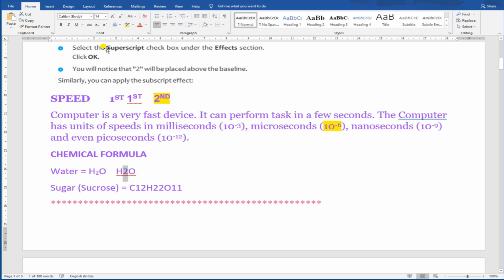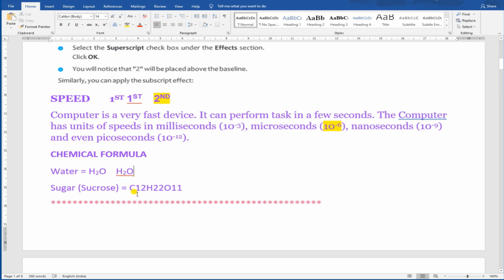Select the particular text and here before this X square you will get the option for subscript. You need to click this subscript to make it subscripted text. So you can see the change. Now the 2 is going a little down. Okay, it went a little down and smaller in text.